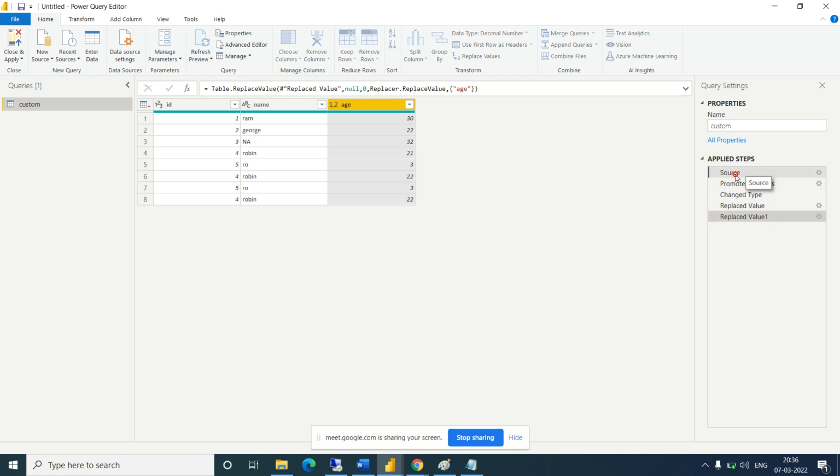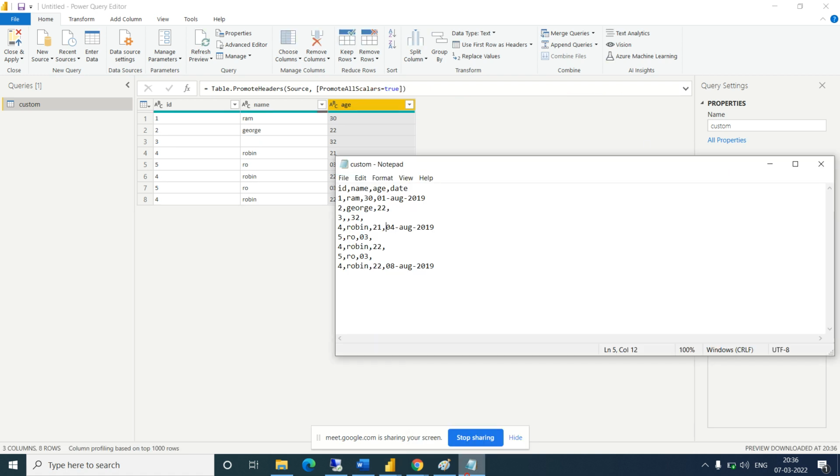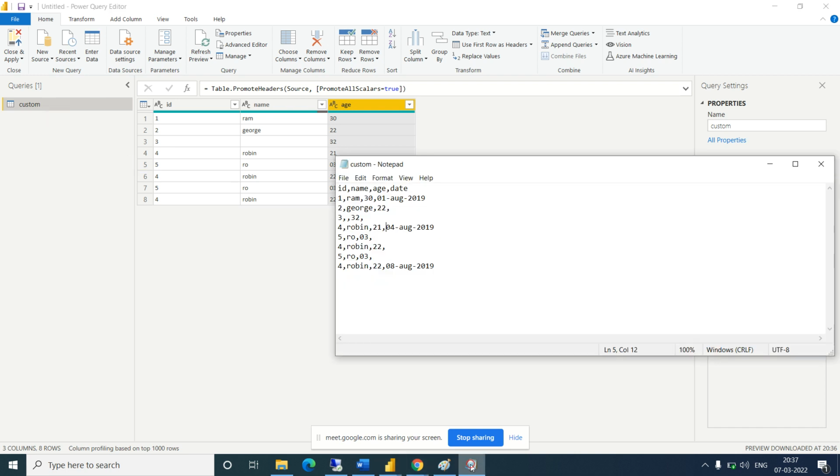Just a second. What is the date column? Where is the date column? Okay, so I'm saving this file, save as.